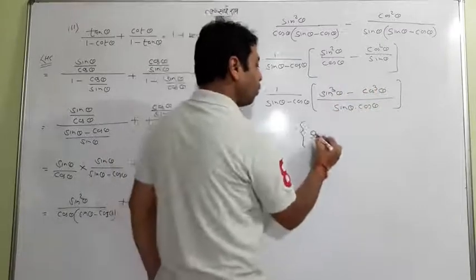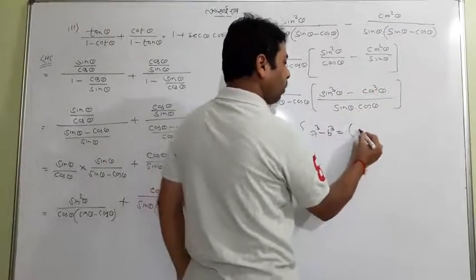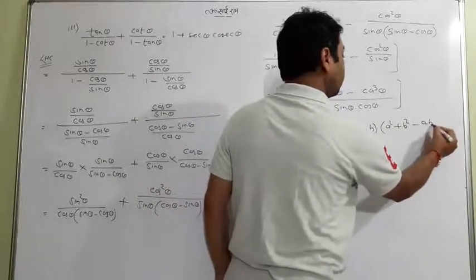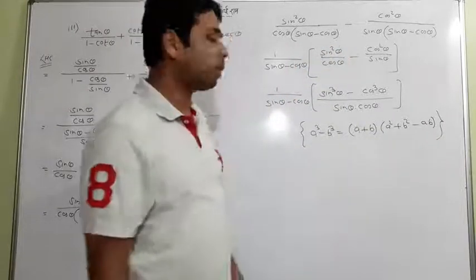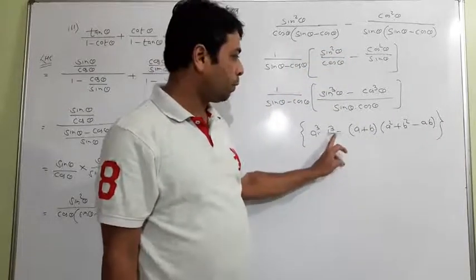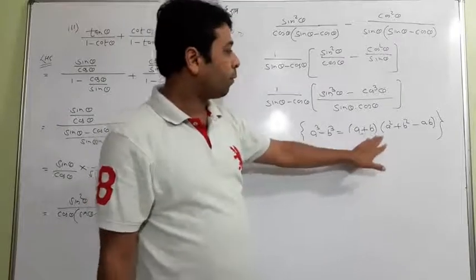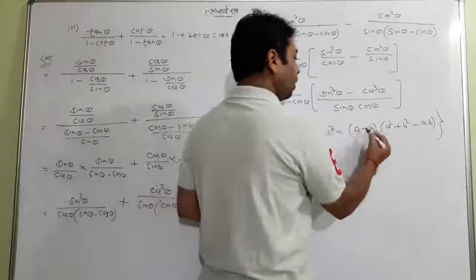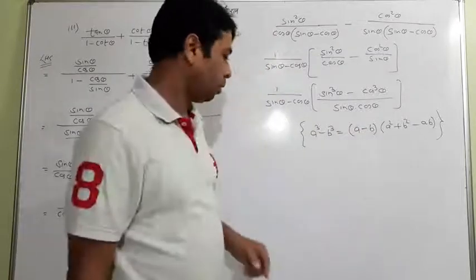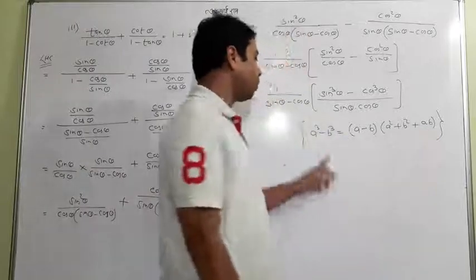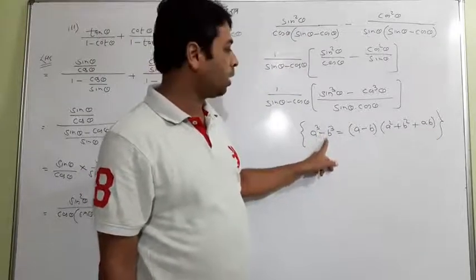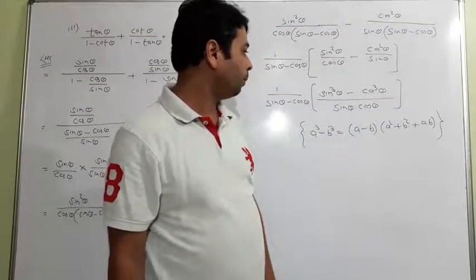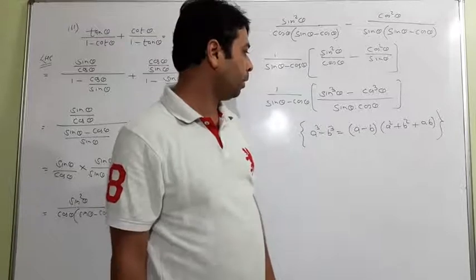So what is the simple formula of a cube minus b cube? We have two formulas for this. First, I am writing this one intentionally because here is the requirement of this particular formula. Otherwise a cube minus b cube has another formula. First, for the factorization I have written, it is a minus b, a square plus b square plus ab. It is a minus sign, sorry. A cube minus b cube is equal to a minus b, a square plus b square plus ab. It is a formula of a cube minus b cube.